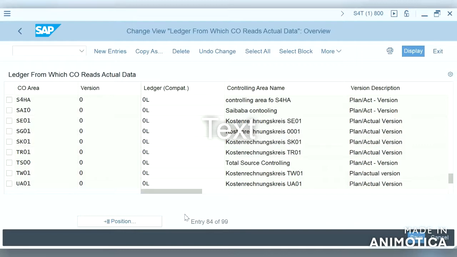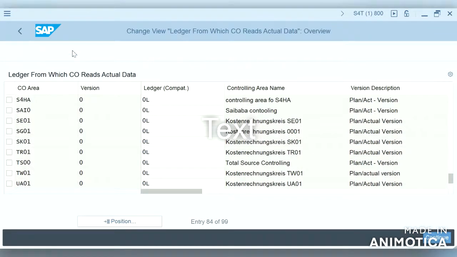With this we have almost completed all the basic configuration required. So let us create some GL master data, and while posting, if we get any error messages regarding configuration, we will fix it and move forward. So we can even understand better which configuration is missing and what kind of error message we get. That will be a good thing to learn even more. So let us move on to create GL master data.